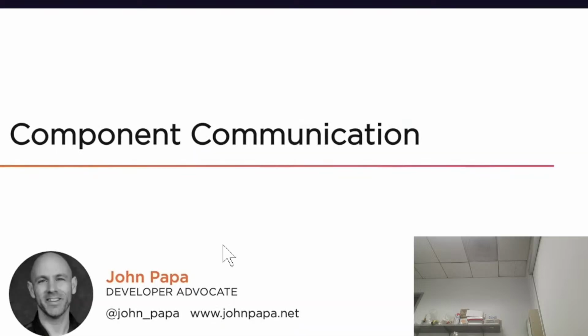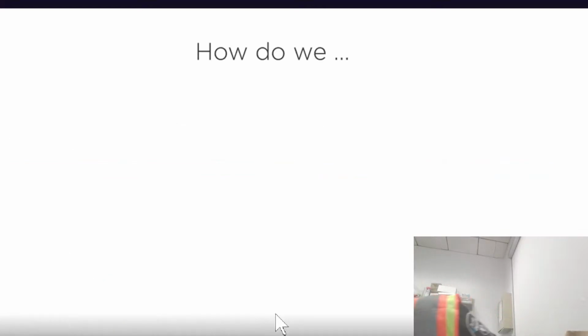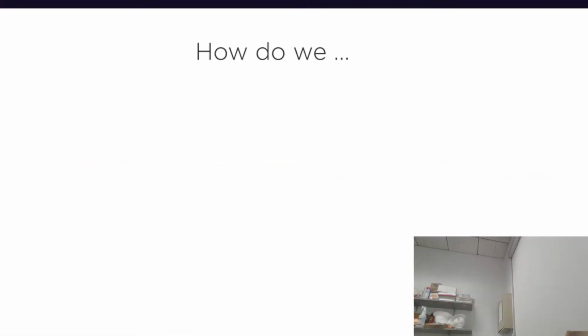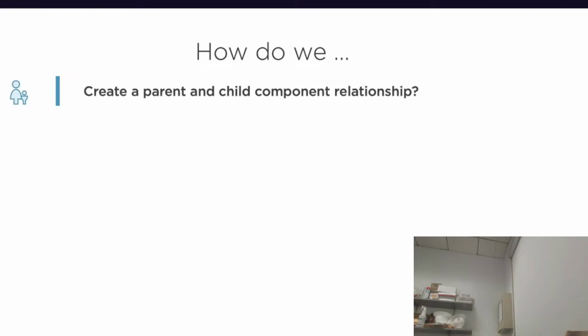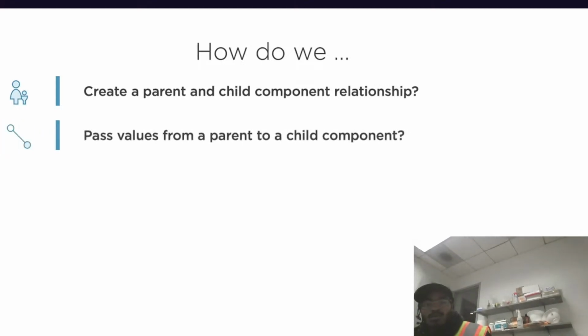It's very common for us to have a lot of components in our applications, so it becomes really important to understand how we can communicate between those components. So what you'll learn in this module is the answers to these questions. How do we create a parent and child component relationship? We've got two components. How do they talk to each other? Then how do we pass values from the parent down to the child? And then from that child,